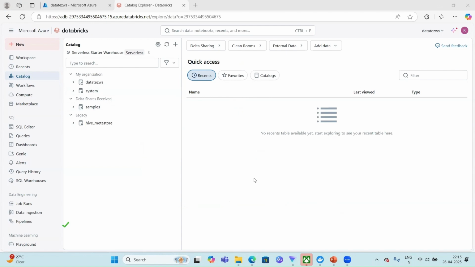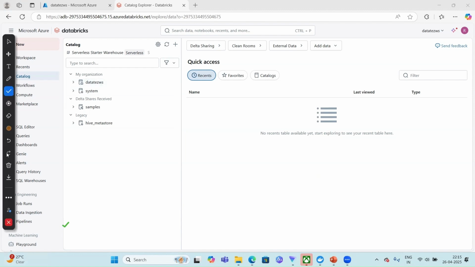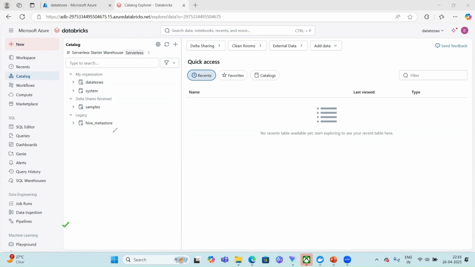Over here, by default, we could see that this workspace which I have opened is Unity Catalog enabled. What is this Unity Catalog enabled? We will explore that in the next series. But as of now, we can focus upon what different objects we get to see in the catalog menu of the workspace. We have the catalog here, and navigating from the catalog, I have opened it over here,